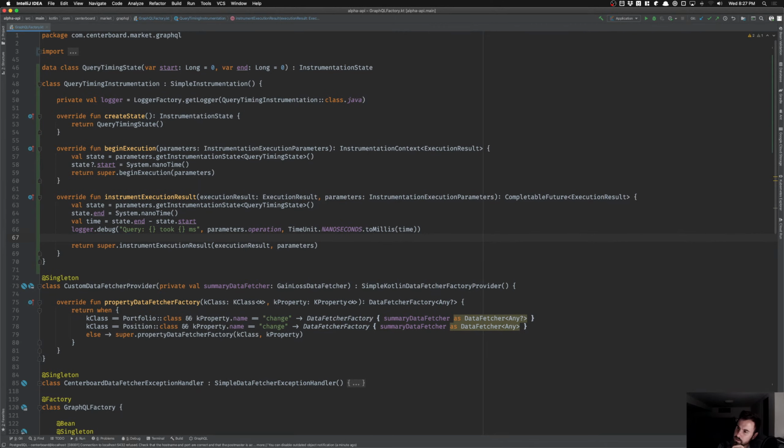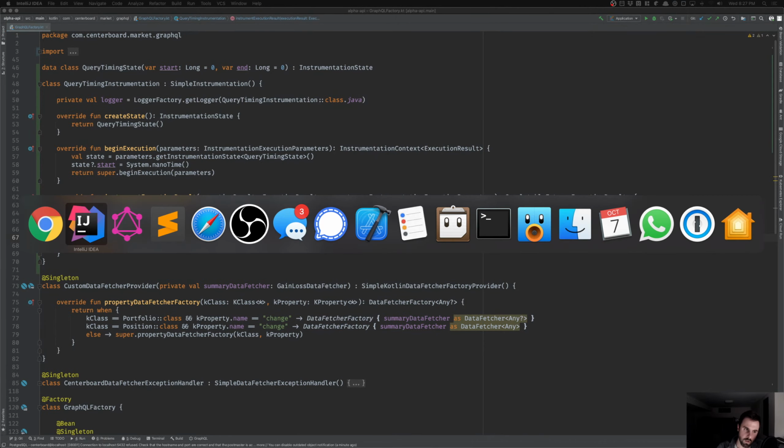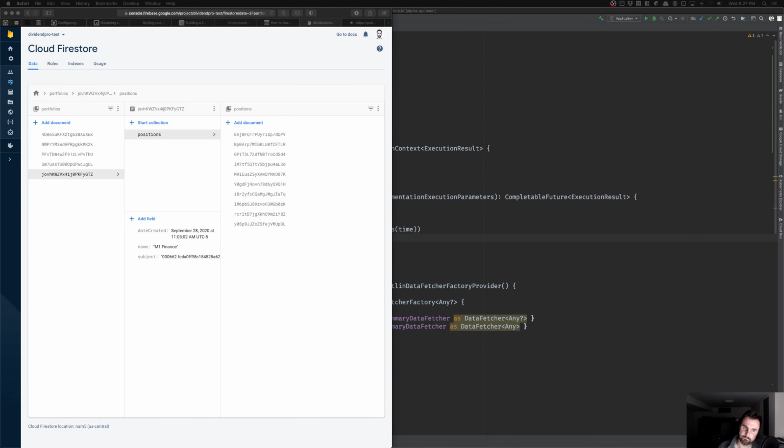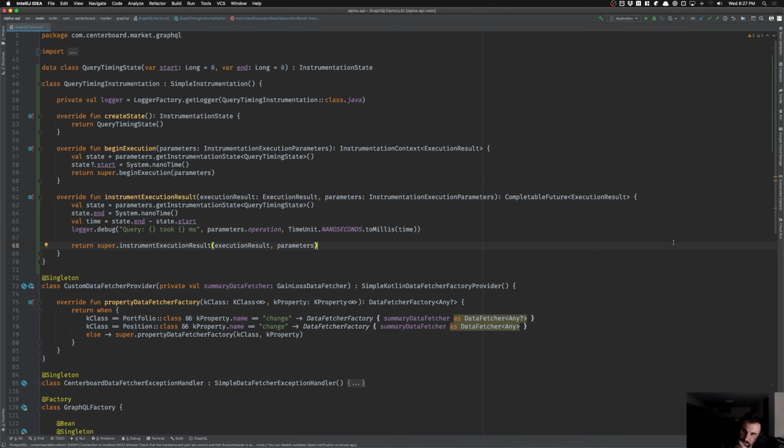Okay, so a lot of times if you've ever instrumented an API before, you might send the query timing or send information back to the client in the headers. And GraphQL has this thing called extensions where you can essentially put arbitrary data. So I'm going to put the timing into the extensions so that the client can see it. So let's do that. So execution result. So timing equals map of,